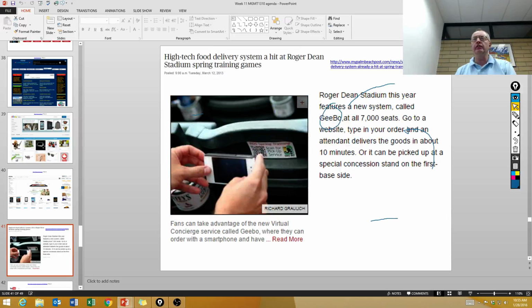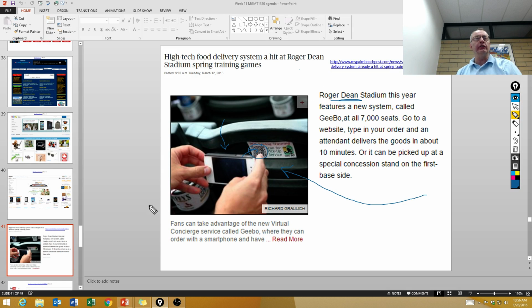Okay, so I know that in some places at sports stadiums, if you want to order food or beverages from your seat, you can do that. So you have an app in your phone that has some kind of a menu in it, and you order a hot dog by scanning the QR code in the back of the seat in front of you, and then the product gets delivered to you by somebody. This one is in the United States, Roger Dean Stadium. It's a baseball stadium. I think it's in Florida. Anyways, okay.